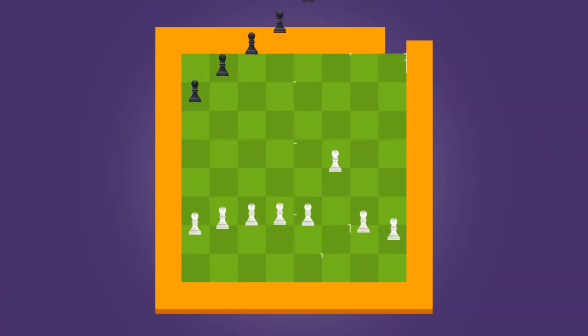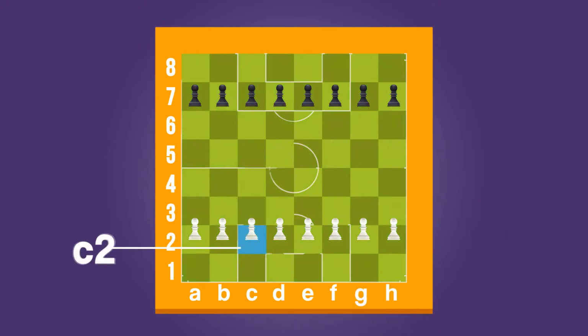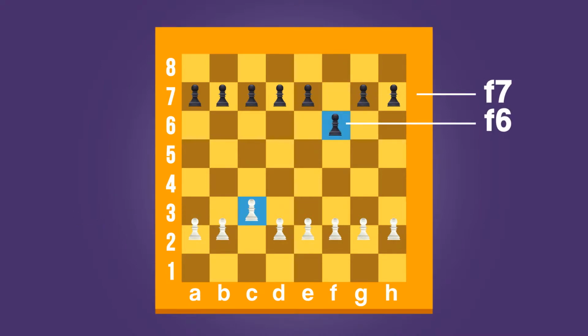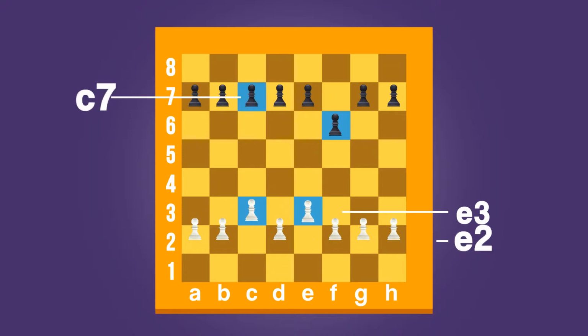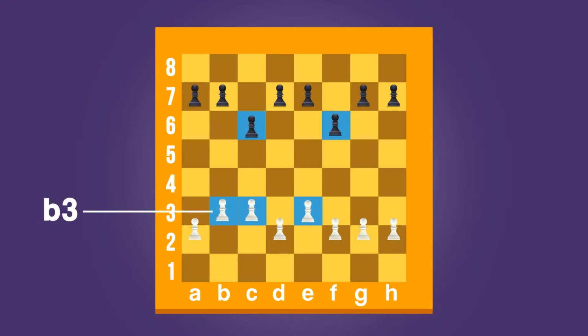Most of the time, pawns move 1 space at a time forward. For white here, forward means up the board, while for black, this means down the board. So for instance, white may make the move e3, black may play c6, white may play b3, and so on. A pawn cannot ever move backwards,